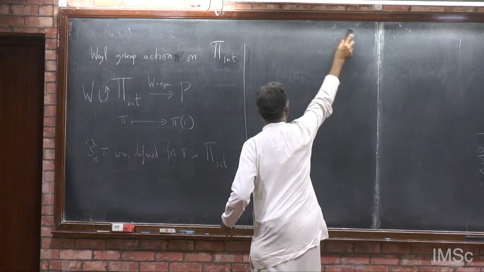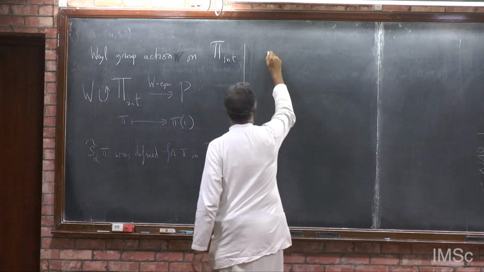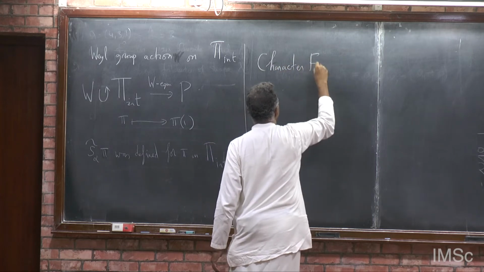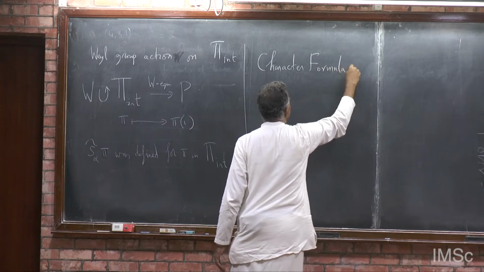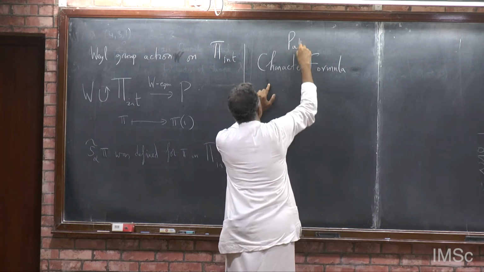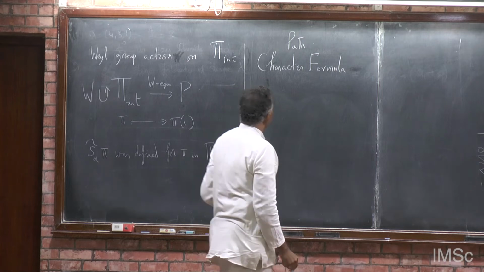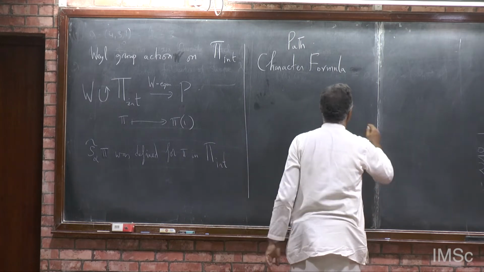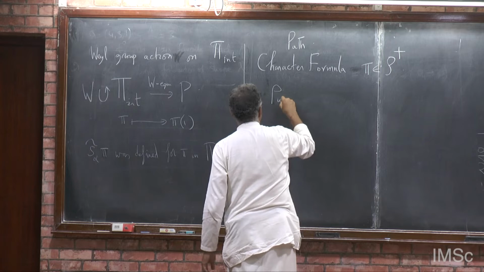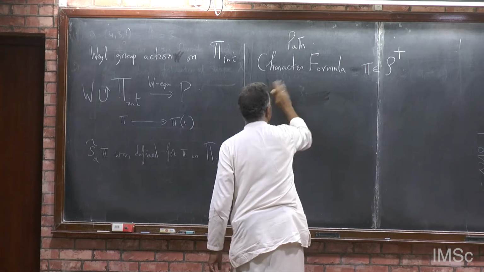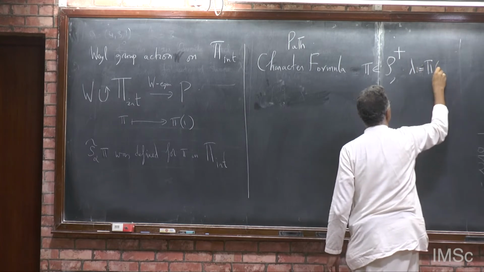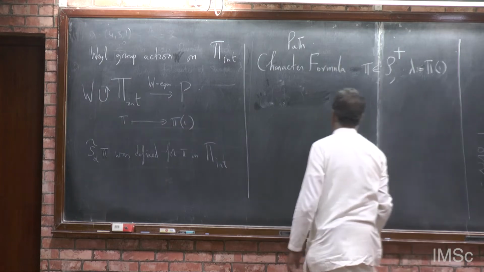Now let's recall. Let me state the Weyl character formula once again. I say the Weyl character formula, but we actually called it the path character formula. That's the correct way to do it. Path character formula. And what does it say? So I take pi in pi plus and put lambda equal to pi of 1. Lambda is defined to be pi of 1. Then